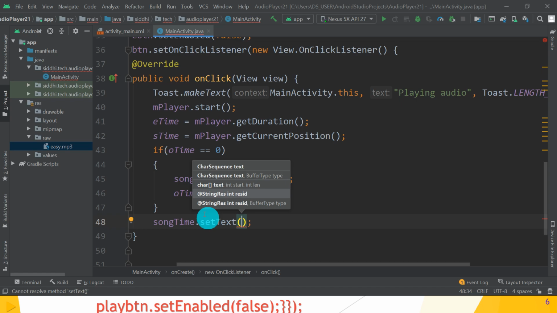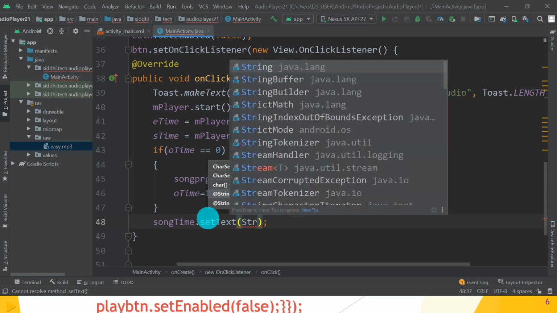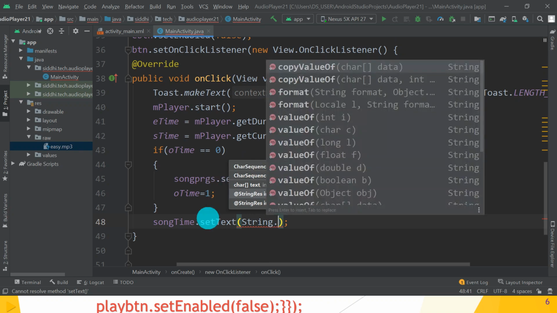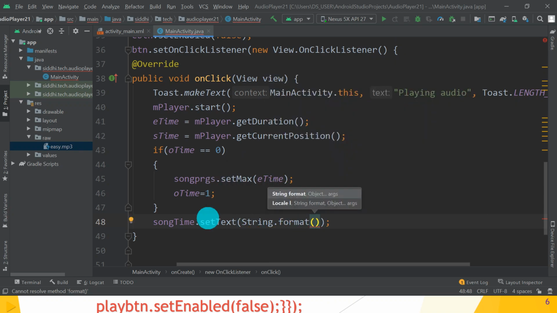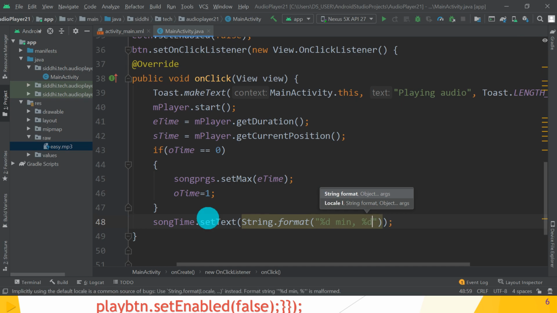So string dot format method. So string dot format. In the string dot format, pass the string, that is format specifier percentage minute comma percentage seconds.